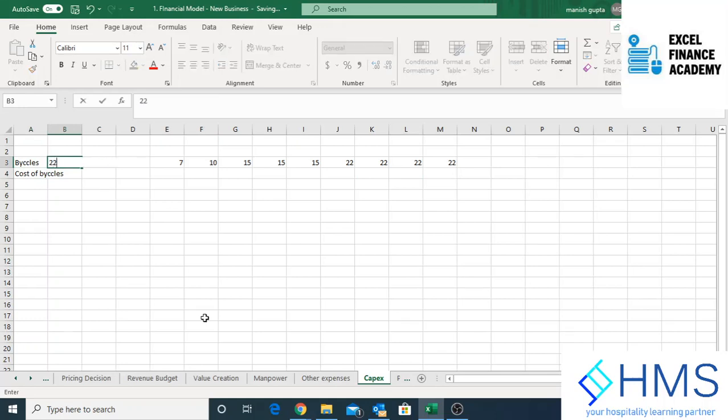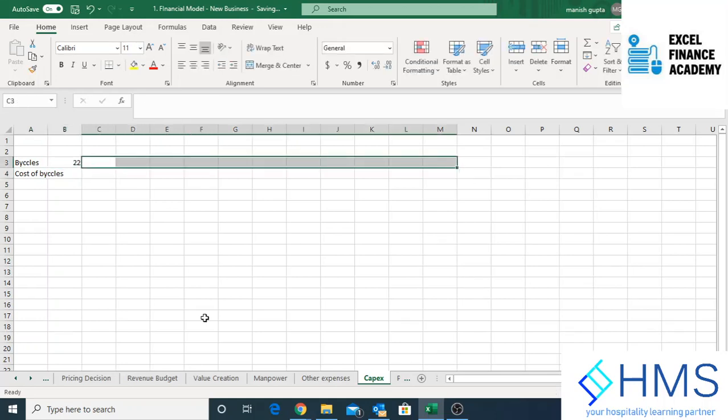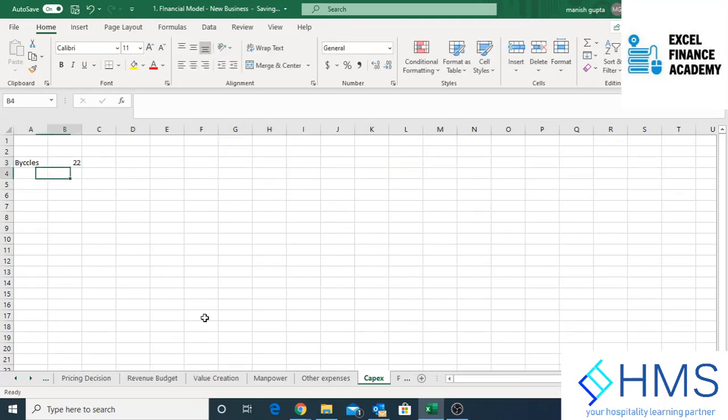You need 22 bicycles. You can always buy small numbers, that's not a problem. You can buy staggered, but we need this at the end of the month, right? So quantity price is another $400. So total cost,